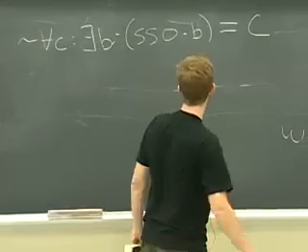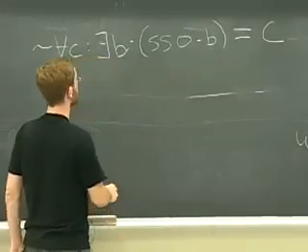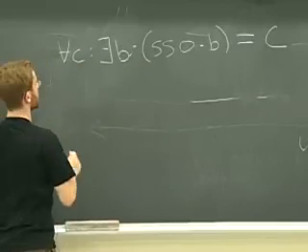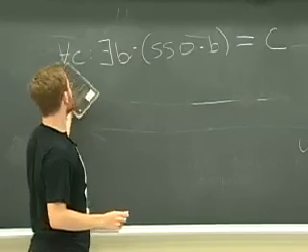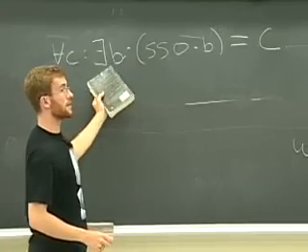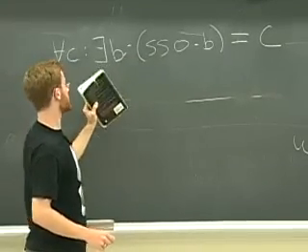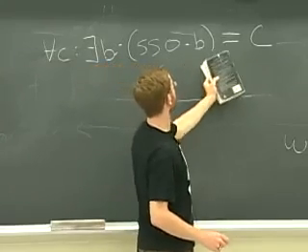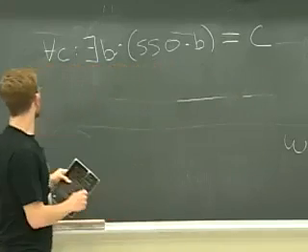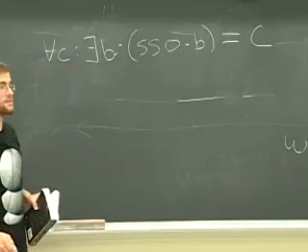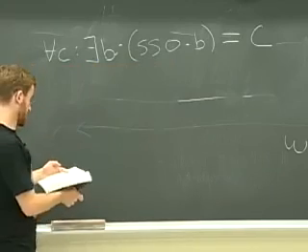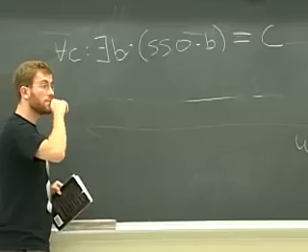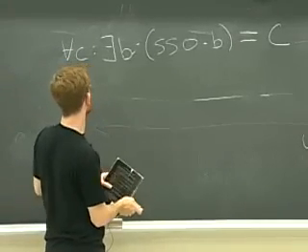Latif. There is no C. Oh, no, for all of C, it does not hold that there's a B. Well, here, before we do the tilde, let's do this. All right. Say again. For all C, there exists a B or no B? There exists a B such that the successor of 0 times B is C. Okay. So without the tilde, is it true or false? False. Yes. Because with the tilde, it's true. And why? Because 2 times anything is not going to give us the thing back.